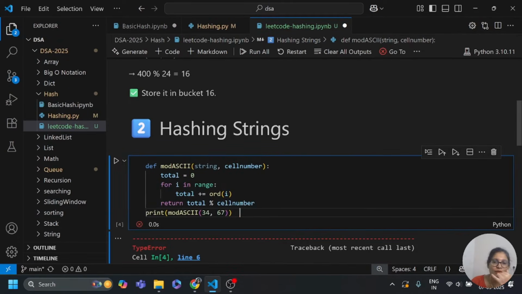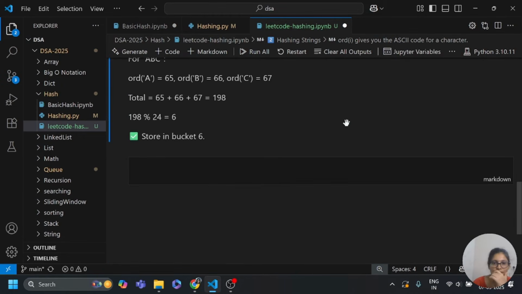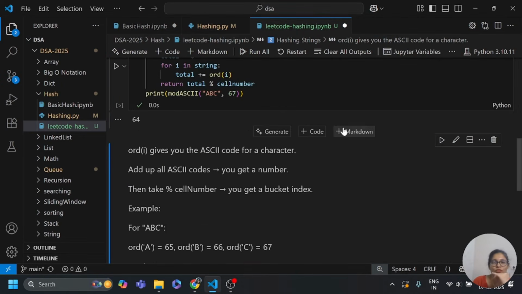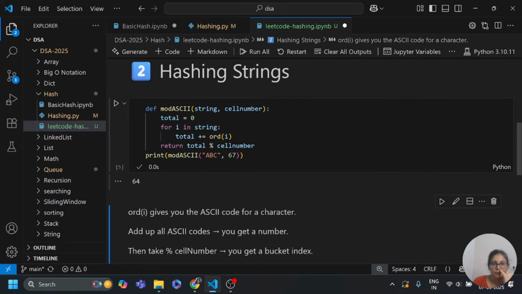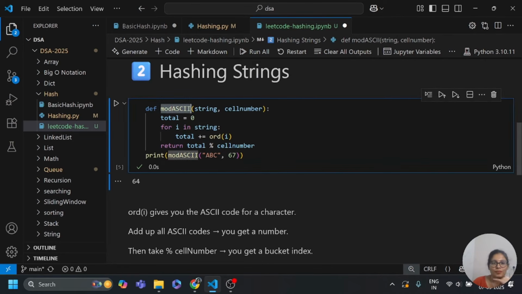Here I have got an error because I need to write string here. And here I need to take a string abc. Now I need to run it. Okay, so I got 64. So here this is the function for mode of ASCII number.